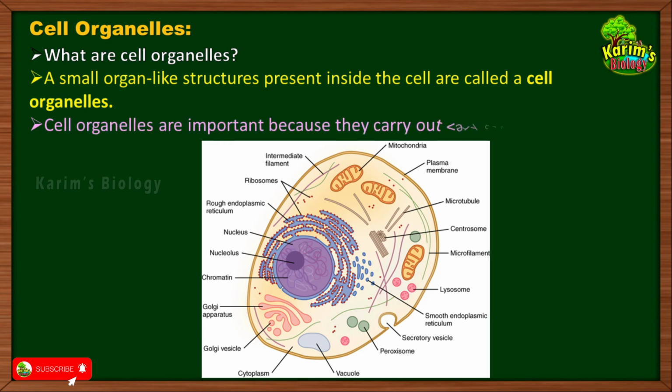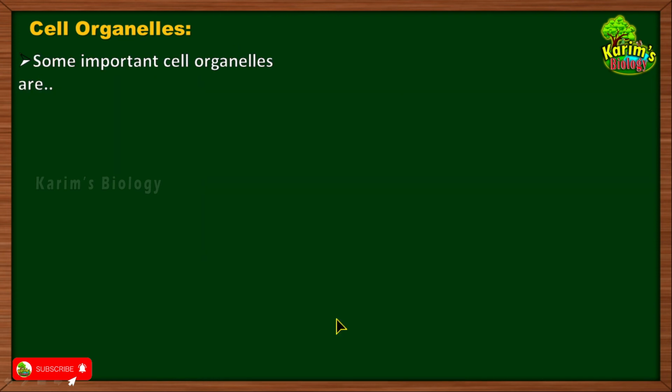Cell organelles are important because they carry out very crucial functions in a cell. The work done by all these cell organelles is collectively responsible for the survival of a cell, because they carry out very important functions such as respiration, transportation, protein synthesis, and preparation of some food material. All these things happen within the cell organelles. That's why they are very important for the survival of any cell and of any organism as a whole. Okay, now let us see some of the important cell organelles present in the cell. Most of the cell organelles are common in both plant cells and animal cells. So let us see some of them.